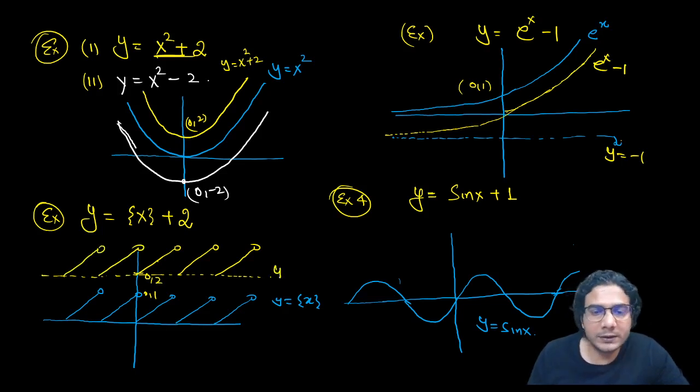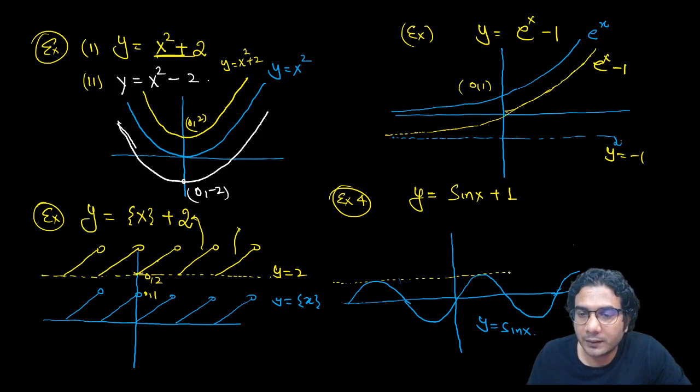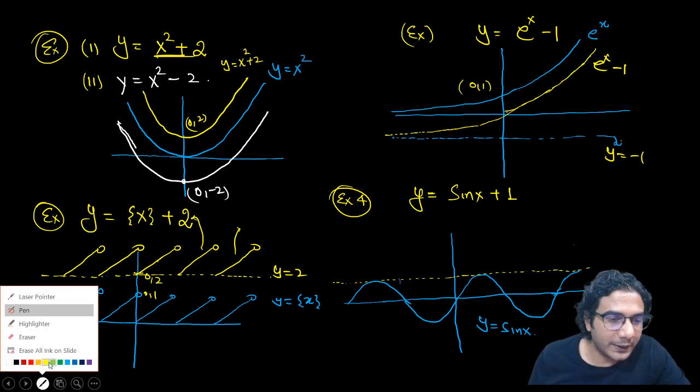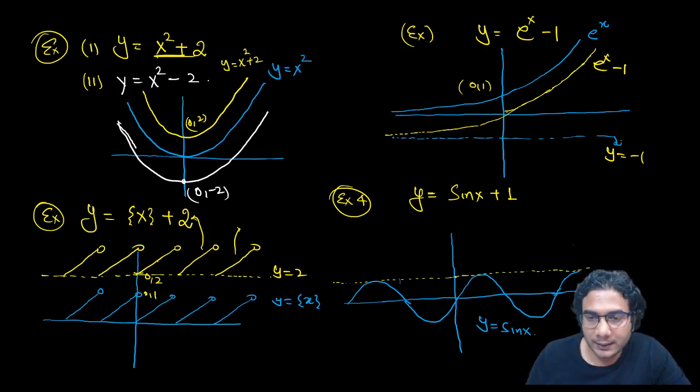Got it? What is this line? This line is y is equal to 2 line, and this is the graph of fractional part of x plus 2. Now in this case, the graph of sin x will go up by 1 unit. So plot this line. What is this line? This is y is equal to 1 line, which will touch this graph of sin x at its peak. Now the sin x will go up. Okay, will come down,